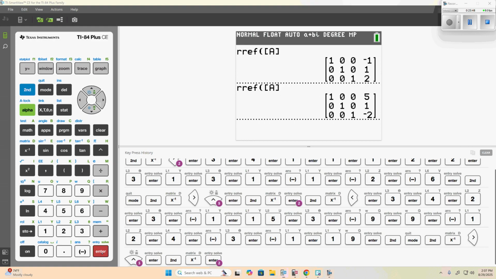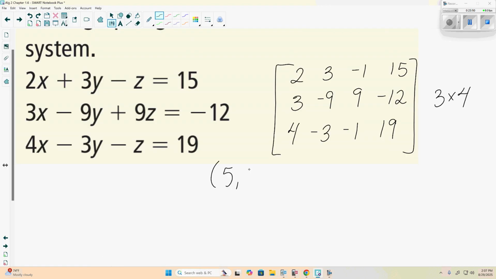5, 1, -2. Questions on this here? Question on anything we've done so far? Now I do know we have 2 problems left. We can easily finish this today, but with